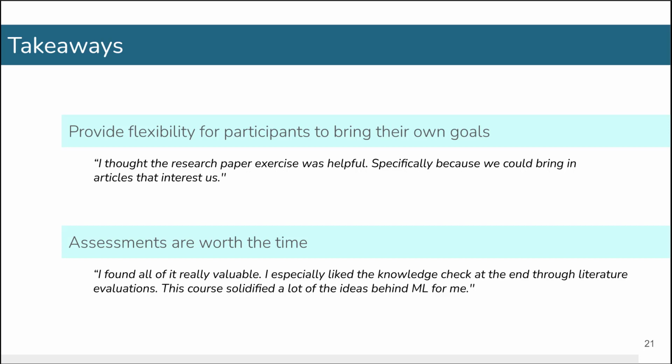One thing that surprised us about the workshop is that people actually enjoyed the assessment. 3 participants mentioned the assessment as being the most valuable part of the workshop to them. When designing the workshop, we were worried that people would complain about taking the assessment, but it turns out participants were really appreciative of having this knowledge check. Though I should mention that we make sure after people take the assessment to go over the assessment so people know exactly what they might have gotten right or wrong. But in general, we think that you don't have to be afraid of adding assessments into your workshops or other